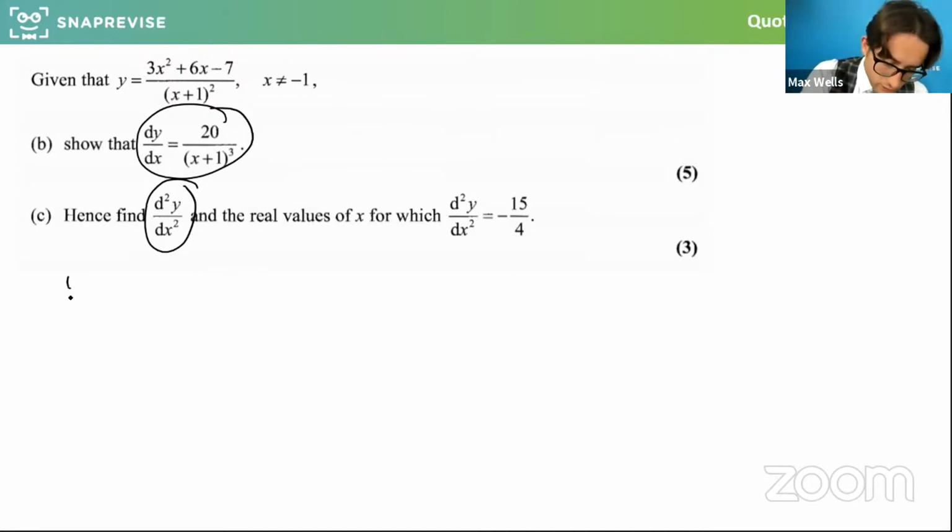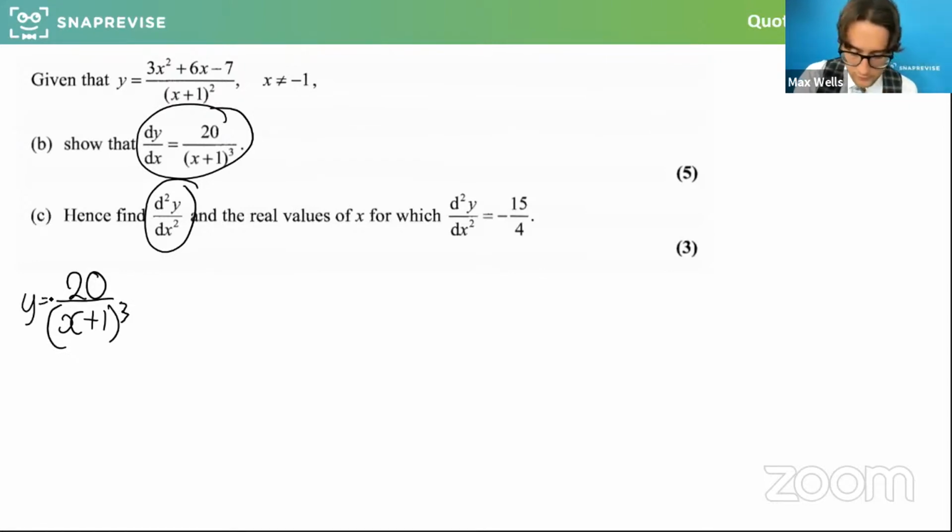I'm going to now differentiate 20 over x plus 1 cubed, again, using the quotient rule. So the derivative of the top is 0, and the derivative of the bottom part would be 3 times x plus 1 to the 4. So what this will actually differentiate to, so that was dy dx, and this is the last sort of exam style question we'll look at,